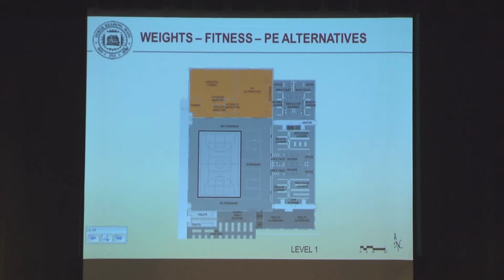What this slide represents is the alternative PE area. It's not easy to read, I'm sure, from where you're seated, but what it reads right here is weights and fitness. What this room would be is for weight training. It would be a full-fledged weight training facility that would be used both by classes for both schools and also